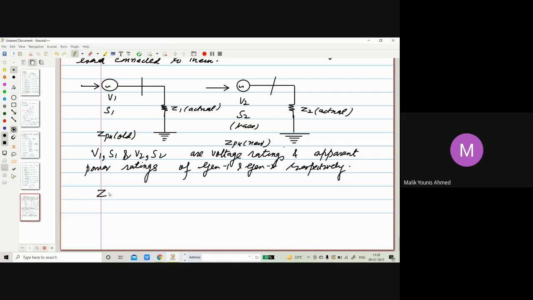We know in this case Z base is given by what? V base divided by I base, multiplying by V base on numerator and denominator. Again, we know we have done the same thing a number of times. Z base will be V base square divided by complex power base, that's apparent power base, S base. Okay, let me add a page again.